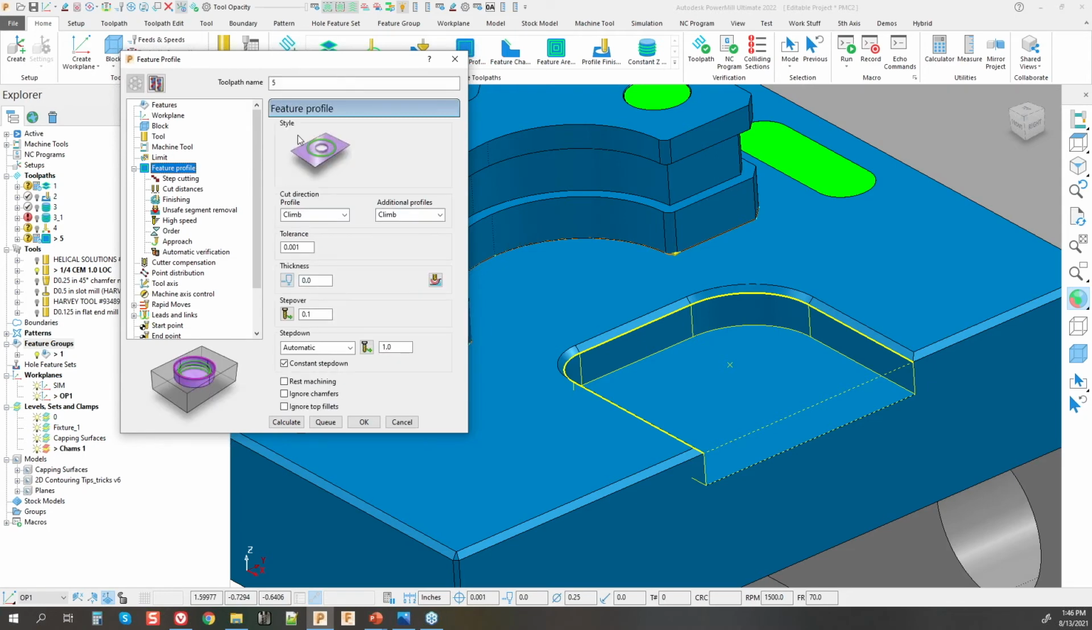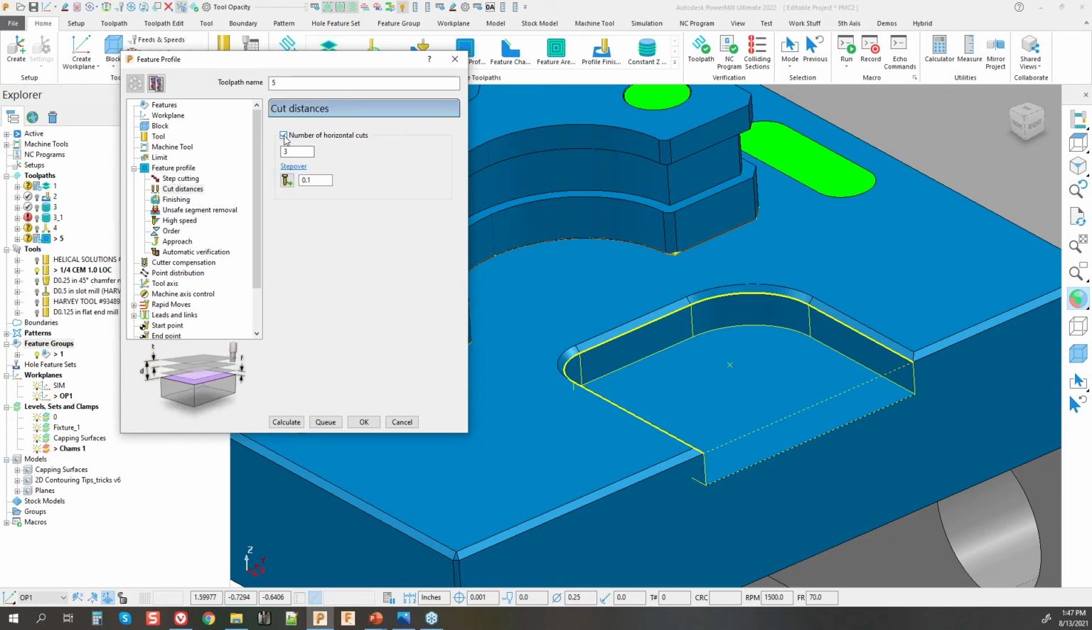Once that's selected, now I can start defining my cut features, like my step over as well as my step down. Whether or not I want to have multiples, I'm just going to go ahead and untick that for this toolpath. It's based off of the previous toolpath that we created. And then with this, when I hit calculate,